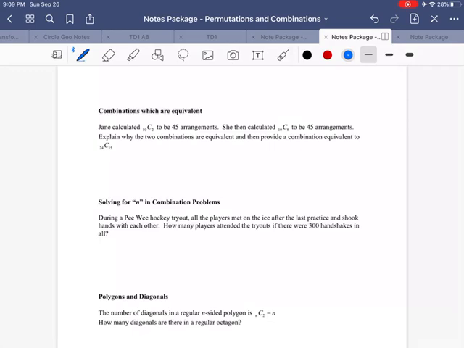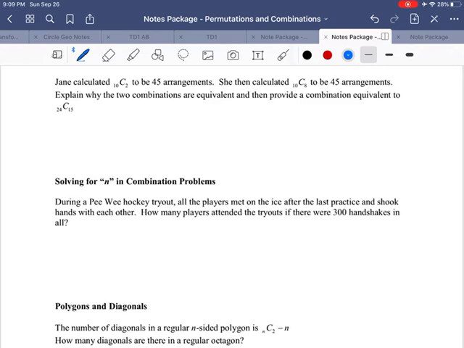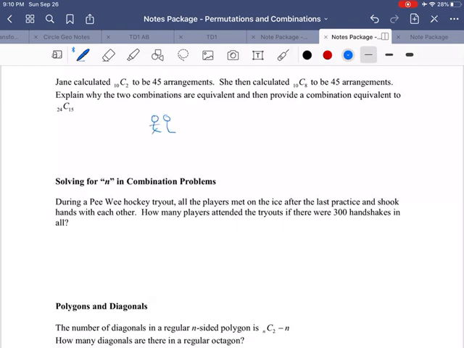All right, equivalent combinations. So Jane calculated 10C2 to be 45. She then calculated 10C8 to be 45. Why are they equivalent? Well, if you can picture 10